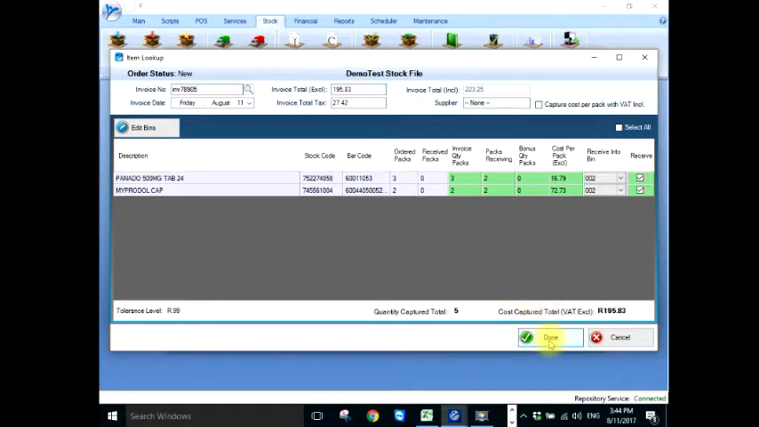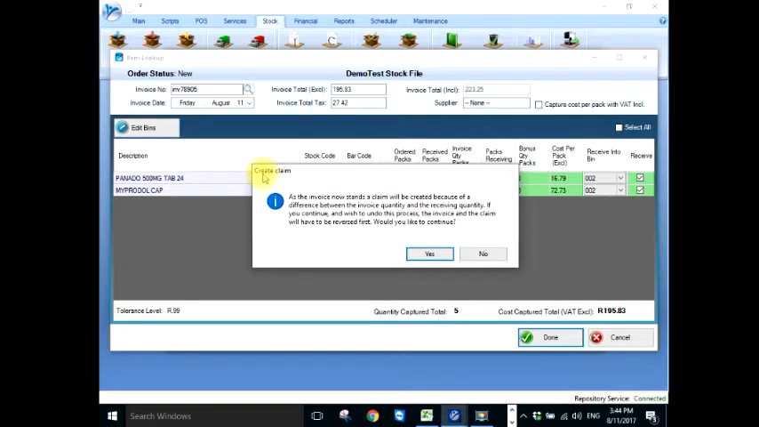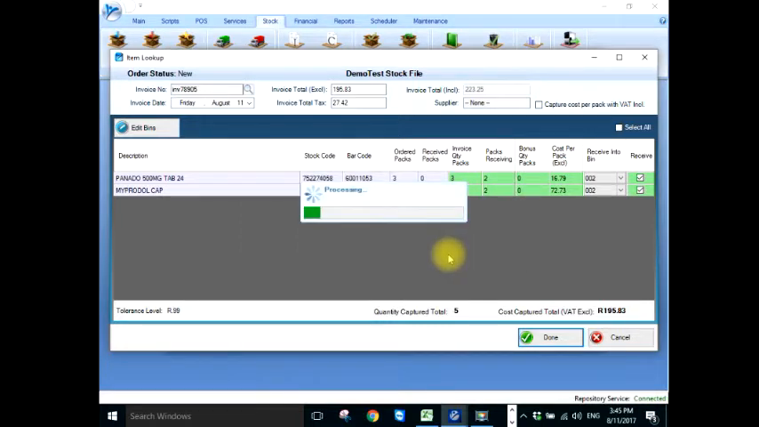Okay, and as soon as we click on done, the system warns us that a claim has been created. It says, as the invoice now stands, a claim will be created because of a difference between the invoice quantity and the receiving quantity. We want to do the claim now, so we're going to confirm that we want to continue. Our invoice is processed,